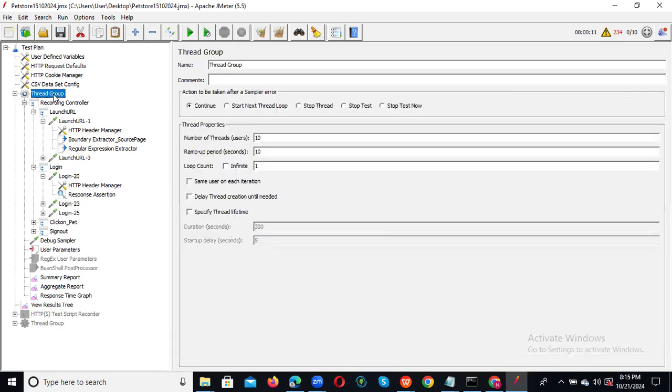Again, go to the thread group. For example, if you select this and give 300 seconds, and you click infinity, it will execute for 300 seconds. We don't have much time, and we'll see the executions tomorrow. We have different types of executions, right? Load, spike,